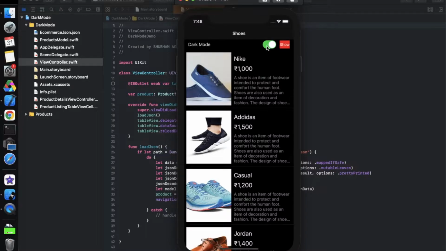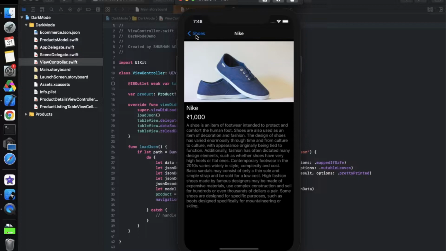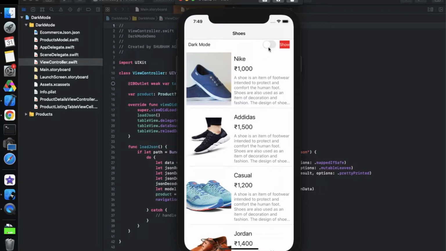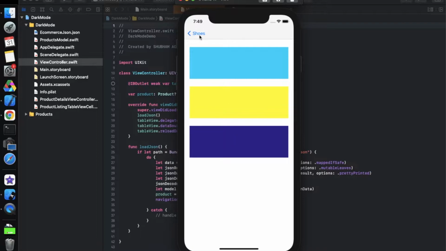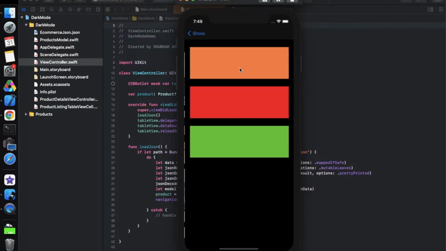As I switch on this dark mode button, it converts all the screens to dark mode, and you can see the color of Nike and this rupee changed as dark mode is on. These are the default colors which we already have with the label. But for example, we may have a custom color. For that, I've created this show screen in which we have three different custom colors. As I switch on dark mode, these custom colors also change, and we are going to see how this can work via storyboard as well as programmatically. By the end of this video, we will be able to provide support of dark mode in any iOS application.